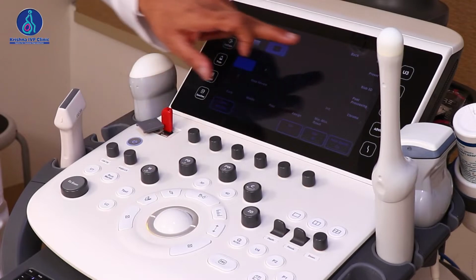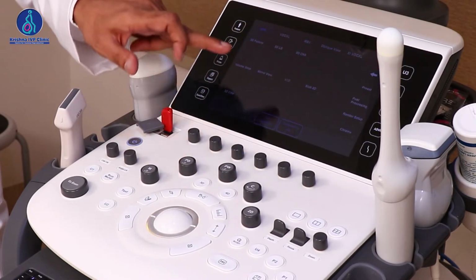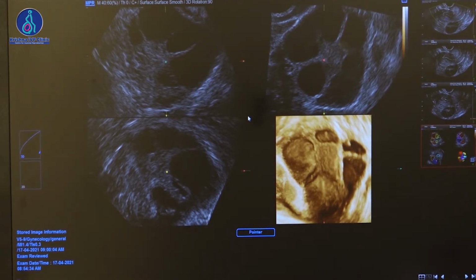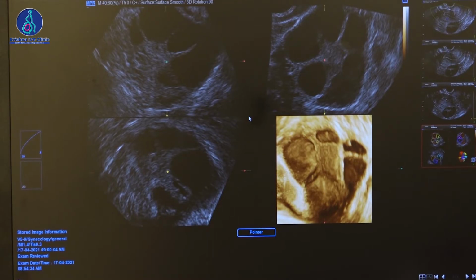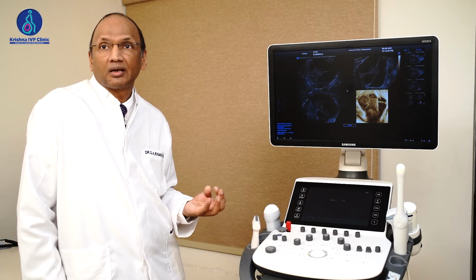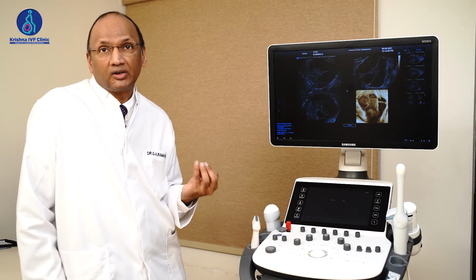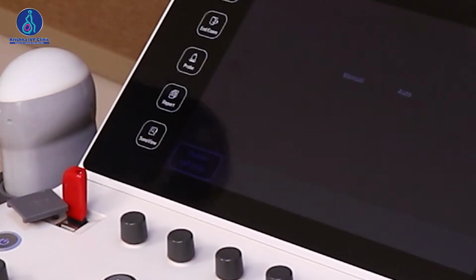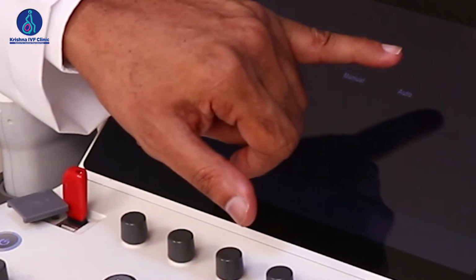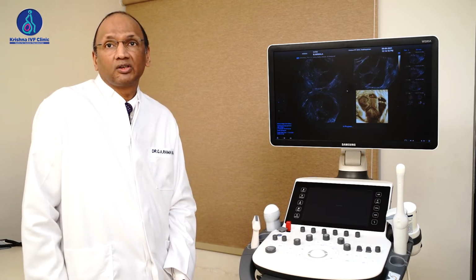So here we are coming out of this, and then I am trying to look at the 5D follicle function, which is also known in the current machines as the 4D technology. That means you're looking at 3-dimensional information with the addition of artificial intelligence. So it is called 5D function. And here I have 2 sets of buttons. One is a manual acquisition, the second is an auto acquisition. I have pressed the button for auto acquisition.